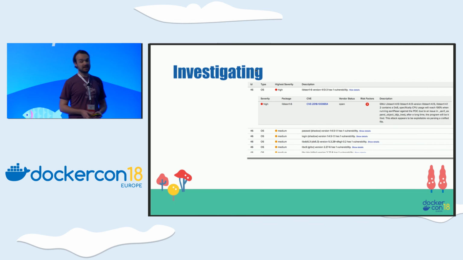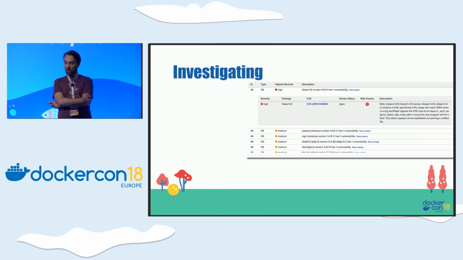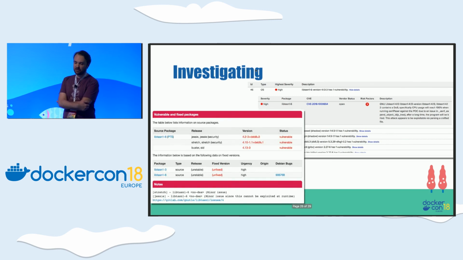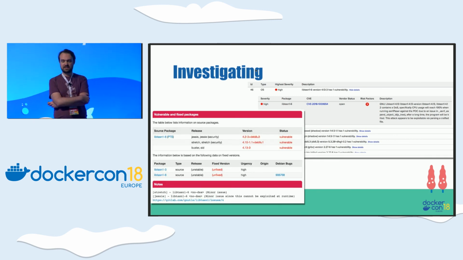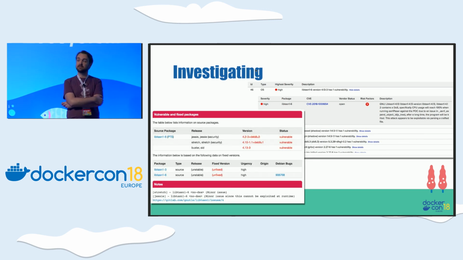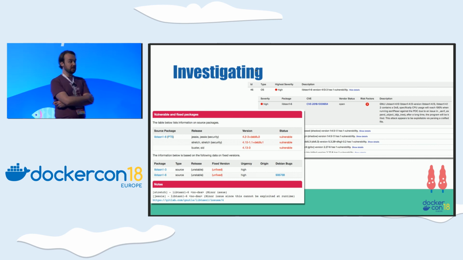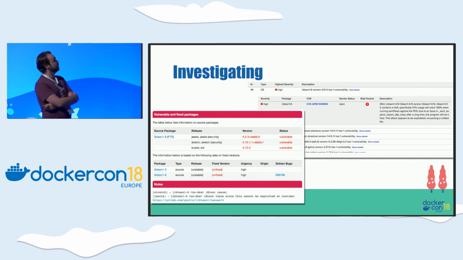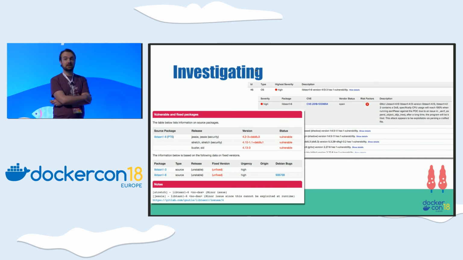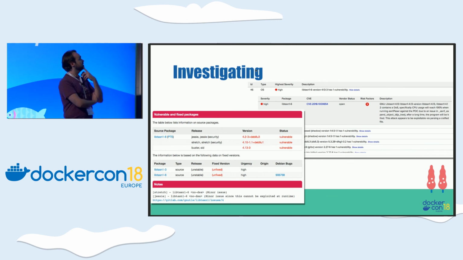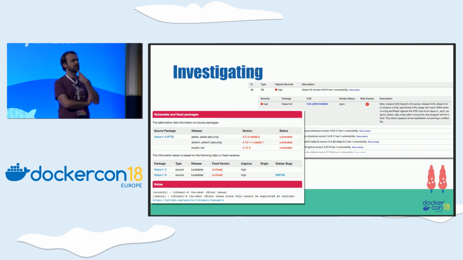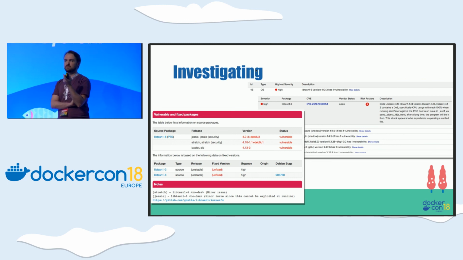It's affecting libtsn 6.1. OK. And then I can have a look at the Debian CV database, because our images are based on Debian. And you see, OK, can I upgrade to a new non-vulnerable version? Nope. No new version is published. OK. And then let's go to the notes at the bottom. And the notes say it's minor. It's high, but it's minor because it's not exploitable at runtime.